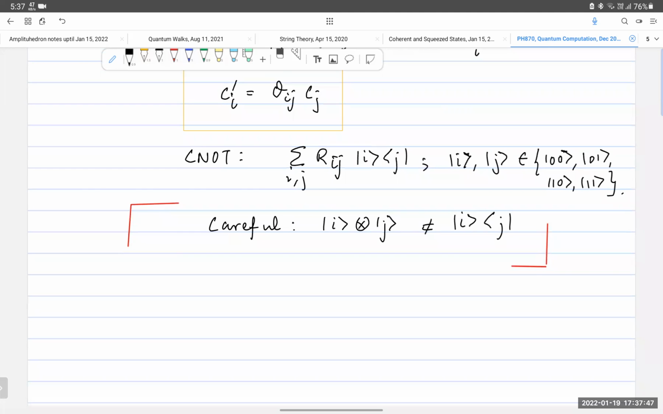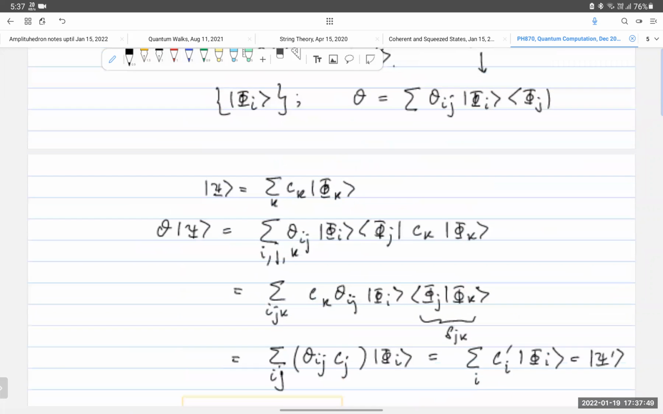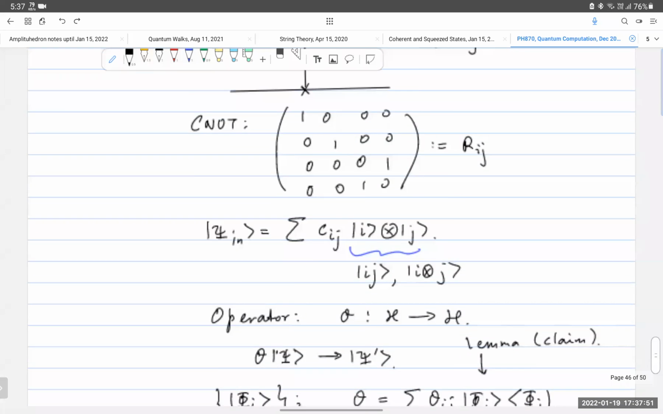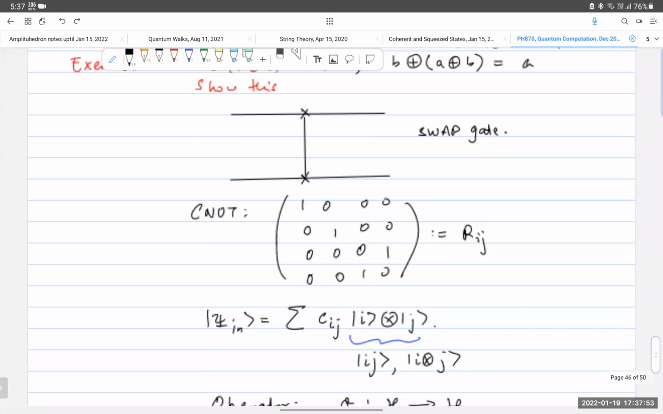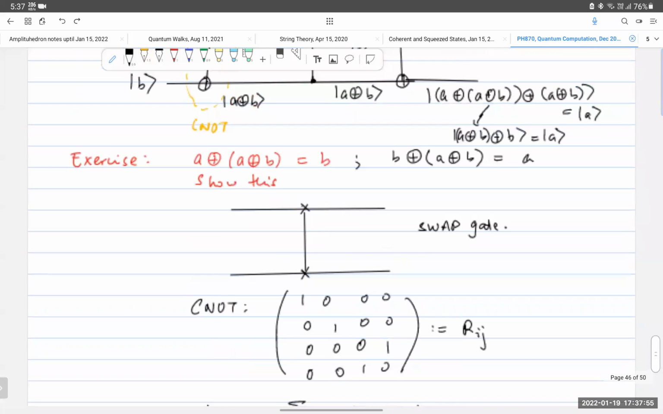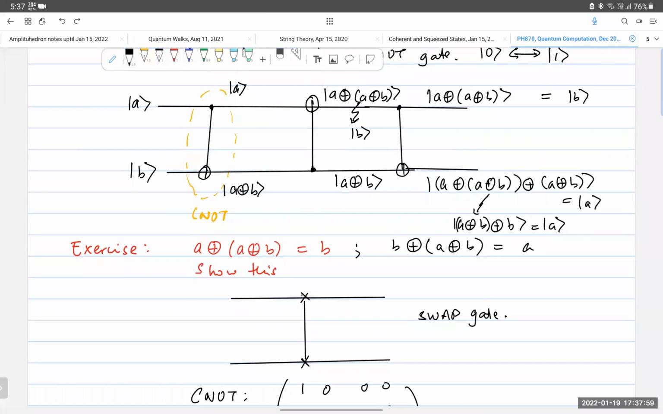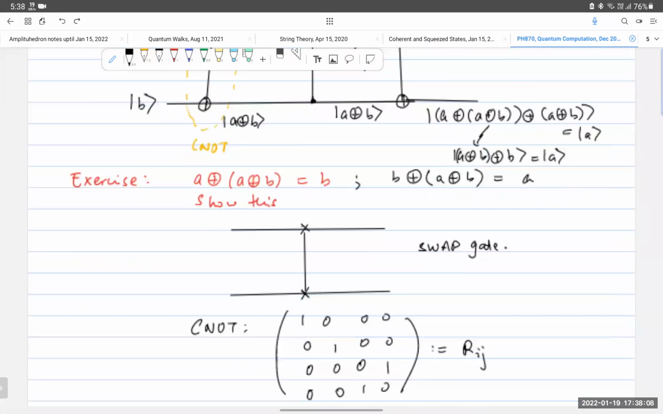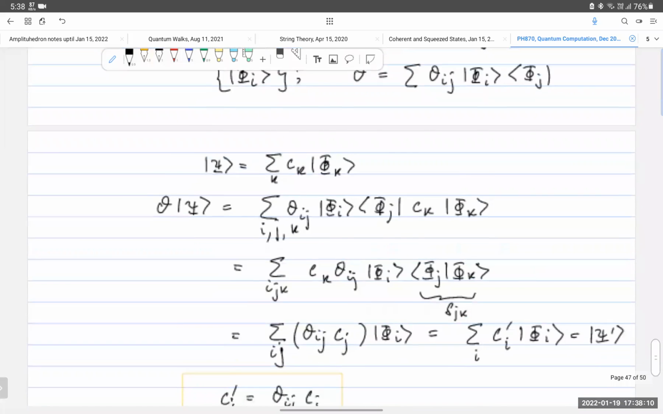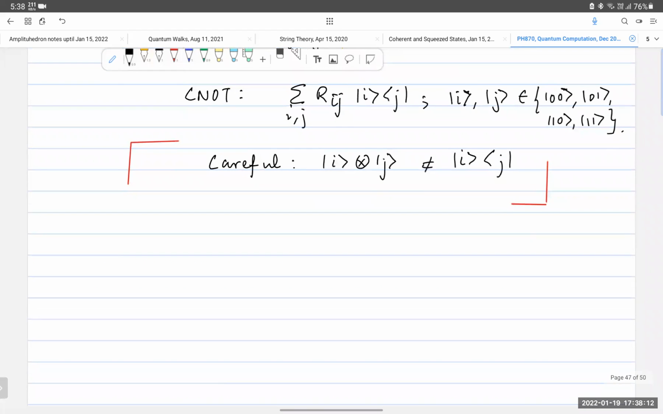So now I can ask, what happens? How will I write down the matrix representation of this swap gate, right? What is happening is I'm taking my initial state and acting on that with one CNOT, and then CNOT, but in the opposite sense. So what is this opposite sense? If I write down the CNOT matrix,